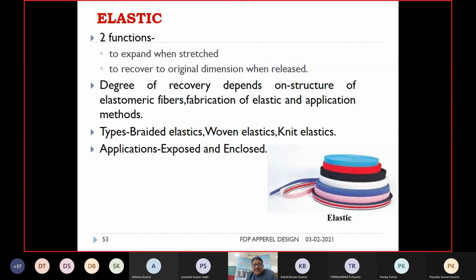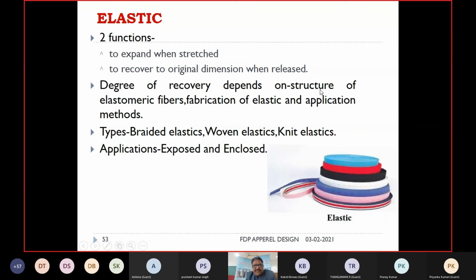I have just conducted two or three MTech projects on the development of lycra based denim fabrics. Anyway, elastomeric material is used in garments for improving the function, and improving the fashion and aesthetic of the garments.